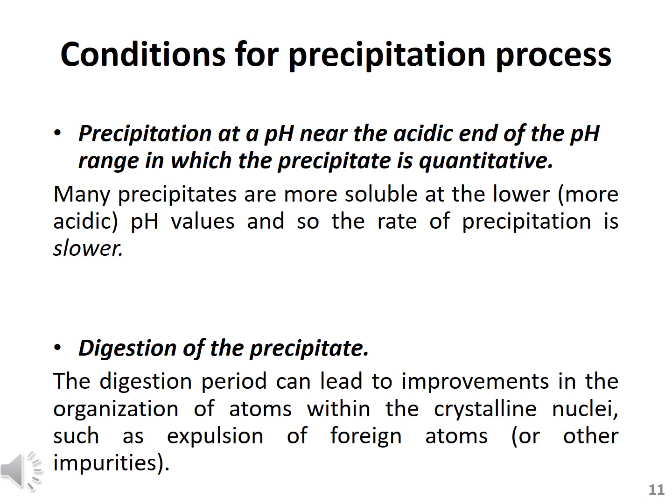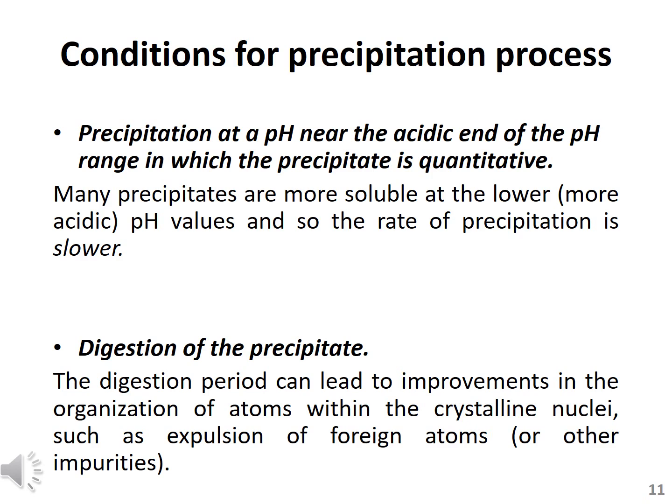As in previous slides, in the last lecture we discussed calcium oxalate. Calcium oxalate is stable in the basic medium. So when we change the acidity of the environment, moving from an acidic to a basic environment, this calcium oxalate will go into solution. So it's very important to select the suitable pH of the environment for the precipitate formation process.